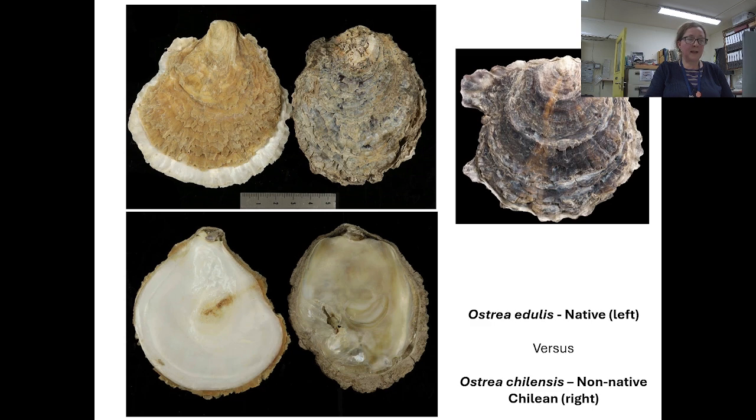So this is the second non-native species. This is the Chilean oyster, and it's a lot more similar in shape to our native. It has one cupped valve and one either flat or very, very gently cupped valve. The outer part of the shell is dark brown to black, and it sometimes has tan rays on it, and occasionally it has random projections of the shell, which you can see on the image on the right hand side.